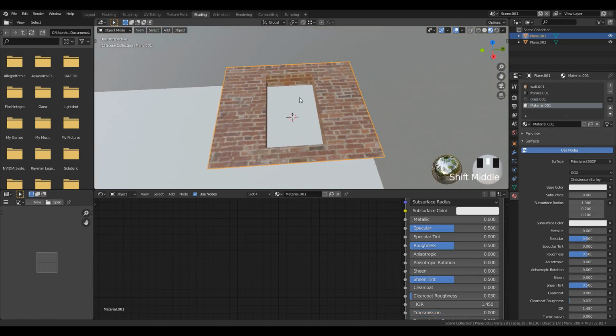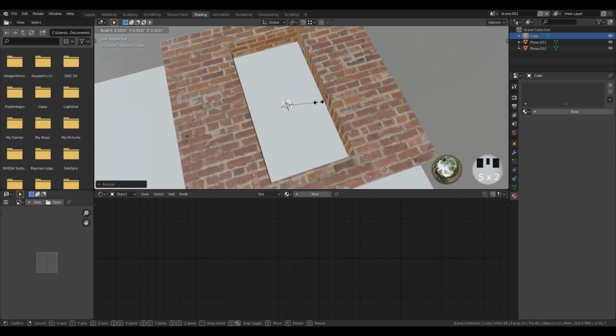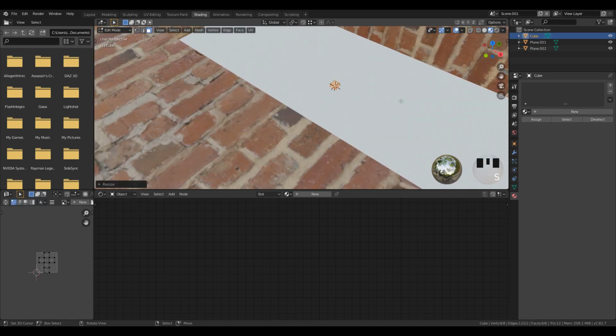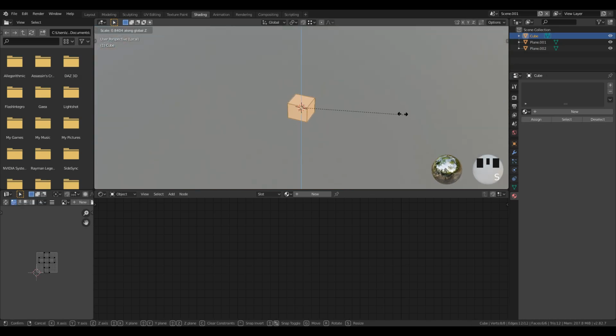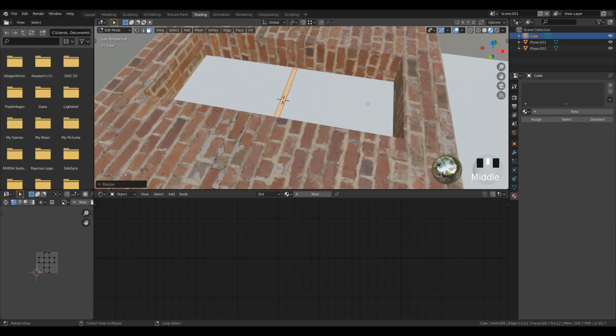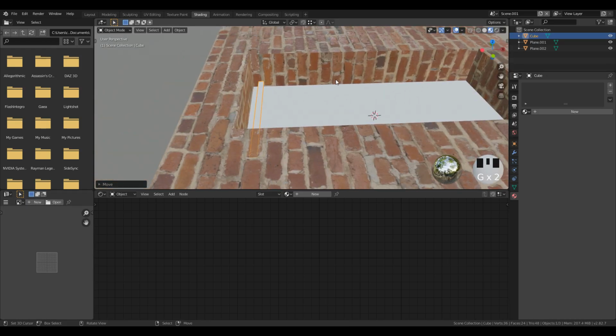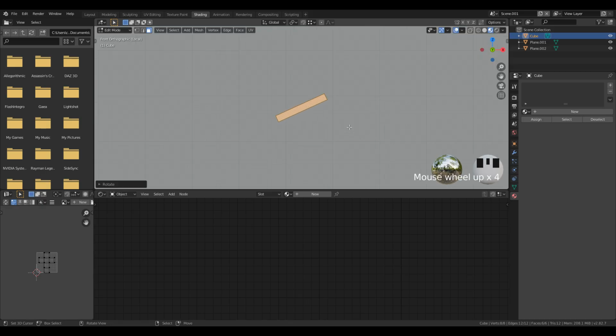Now add a cube to the scene and then scale it down, and then scale it to make it wider and closer to the width of the wall. Then position it upward and then hit slash on the keyboard to hide everything, and in edit mode slightly rotate it and add an edge loop